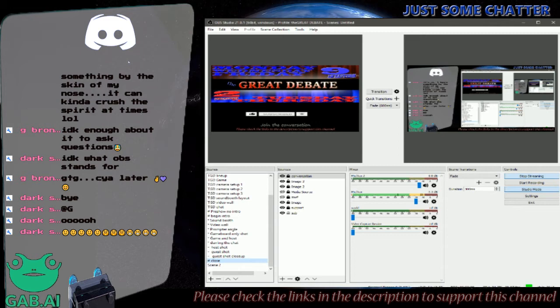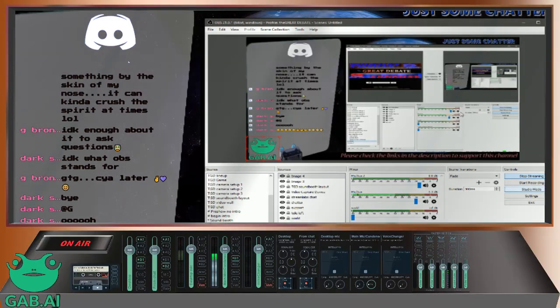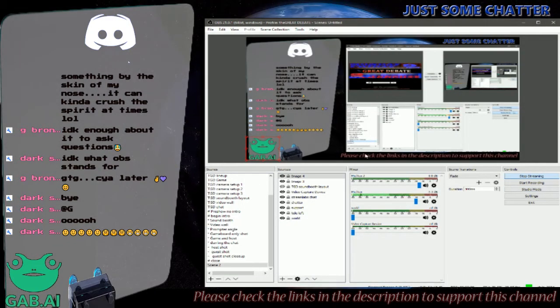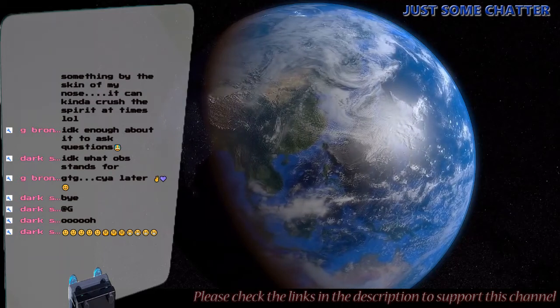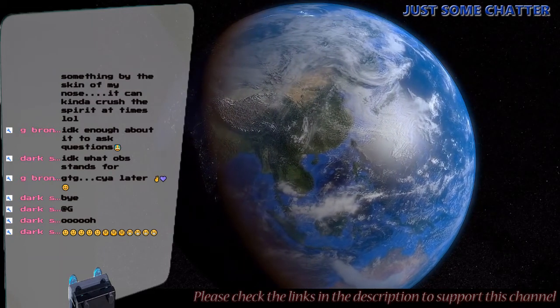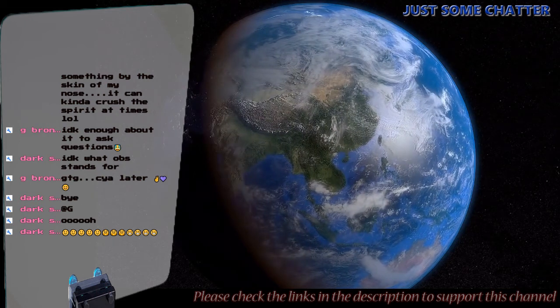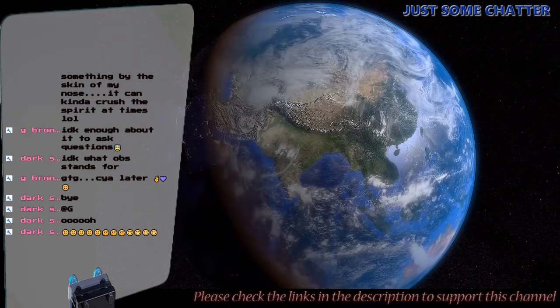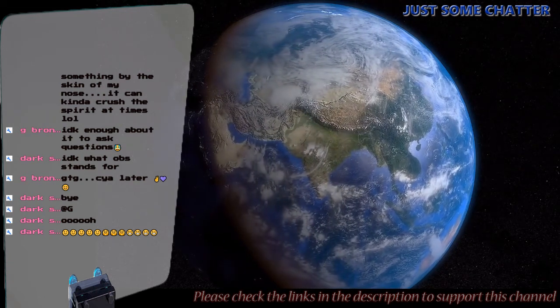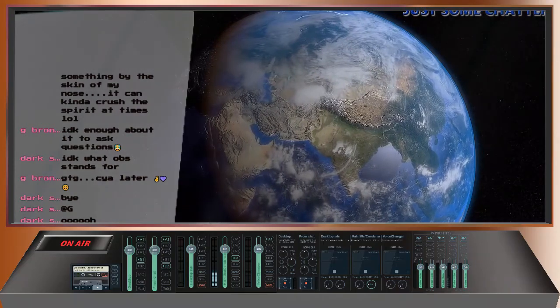OBS has really picked up steam, and it's because, like you see, let me switch back to this view. I can bring in all sorts of stuff, and I can overlay and get rid of different things, and go back to just chilling on the chatter stream, which I had set up. But OBS is supposed to give me the ability. That looks cool.